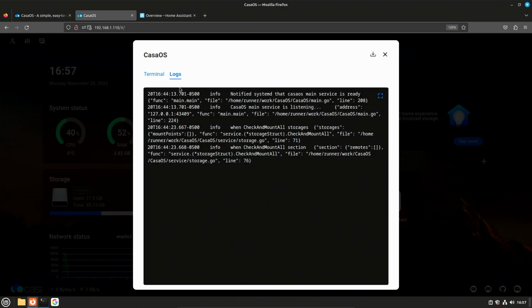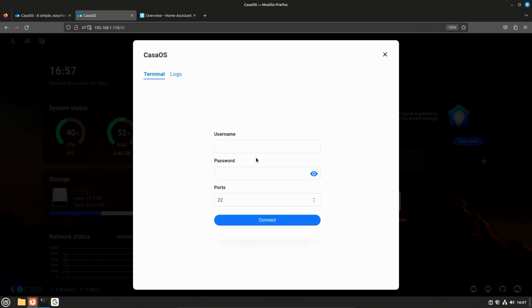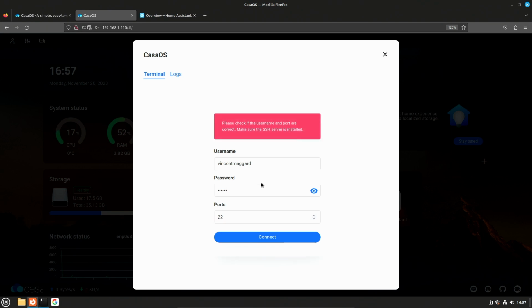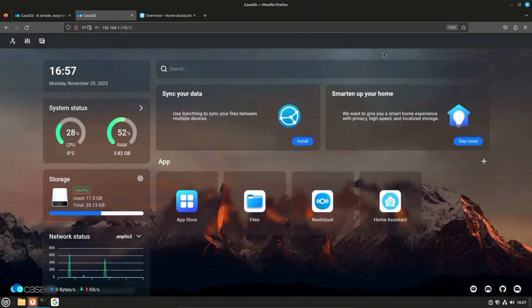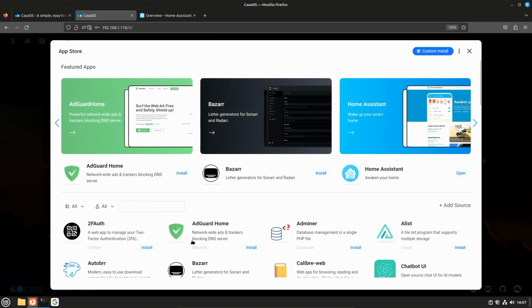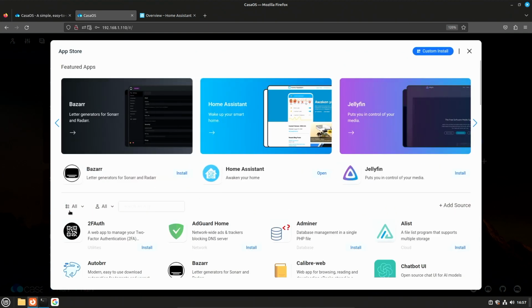We can look at the logs. That's pretty cool. And I'm guessing this is the login, not for the UI here, but the actual SSH, because it's port 22. I'm not really sure what it is. Maybe I typed the password wrong or something, but I'm pretty sure that was it. Let's look at Syncthing real quick, and then I guess we can hop out of here.